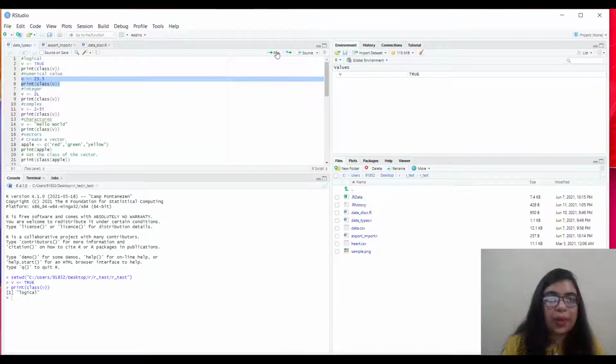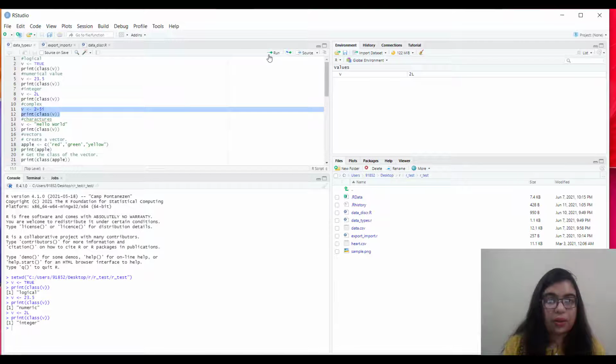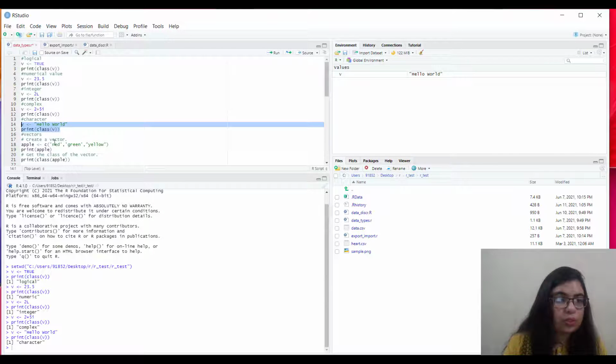The output will be shown as 23.5, as you can see here in the console section. Then integer. And then there is the complex form, where you can see the output, how it is being generated. Then character. Now see what it gives. It gives character as an output.